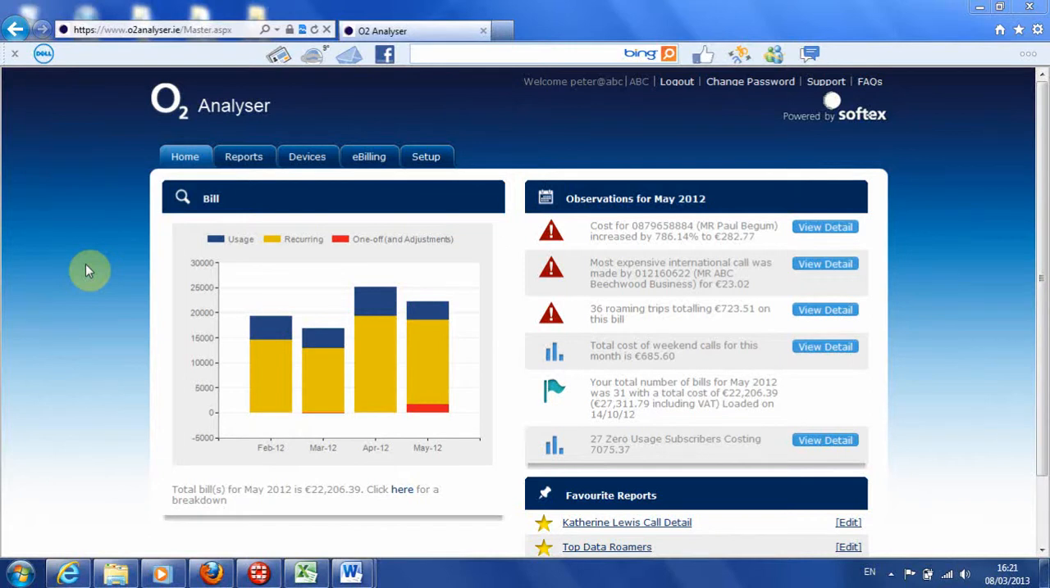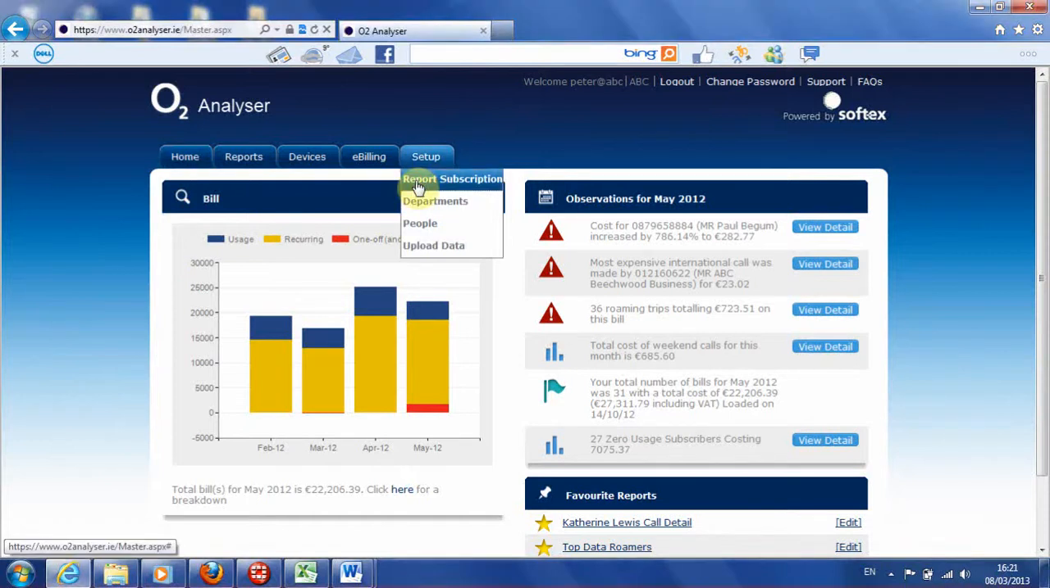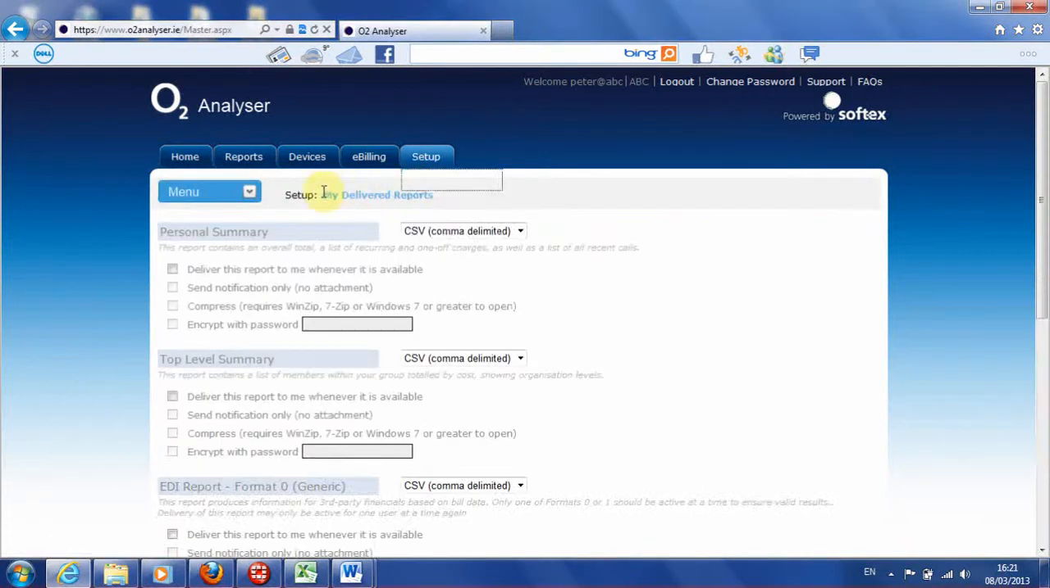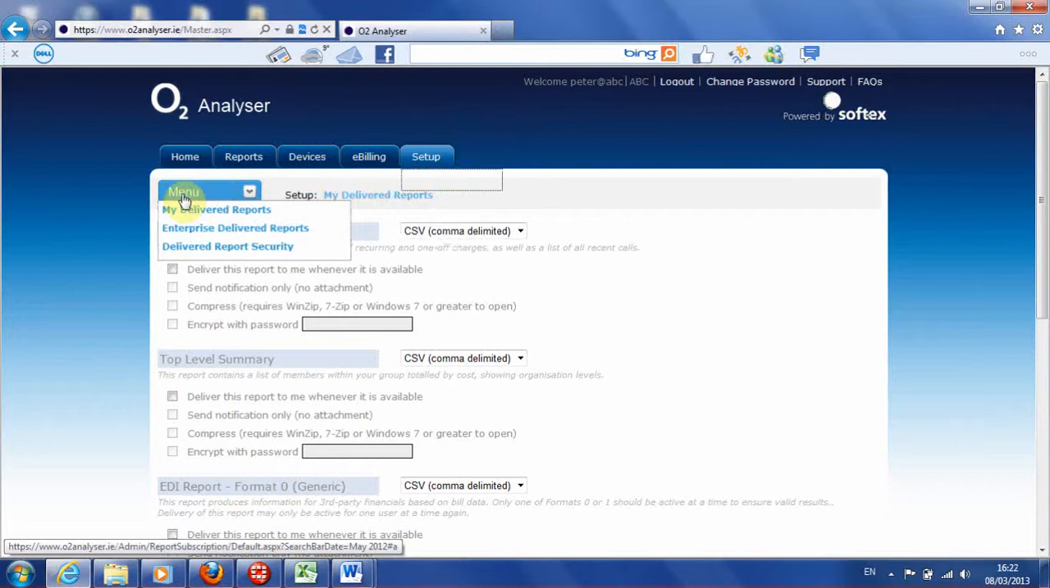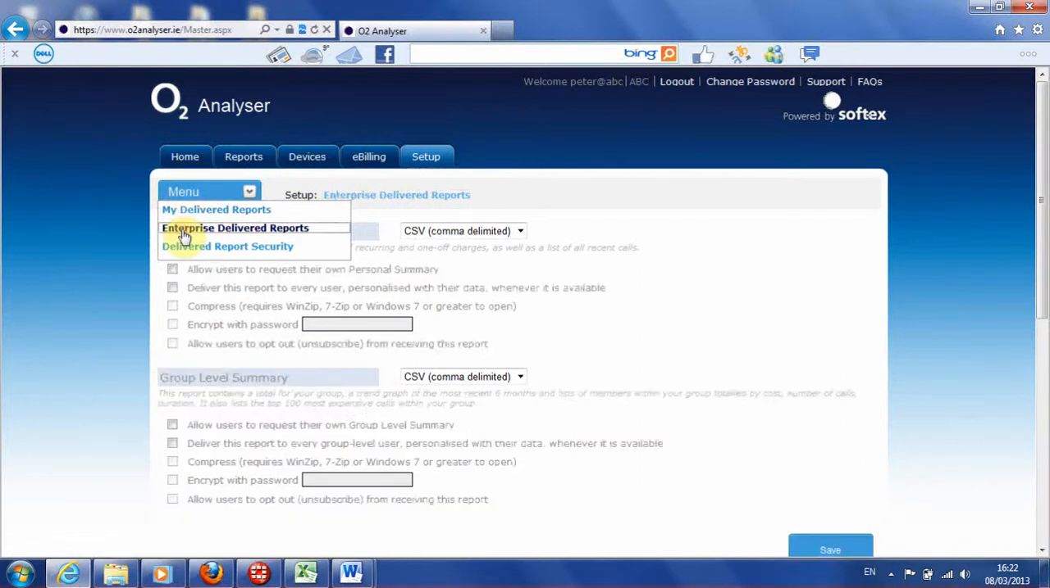You can also send group level managers or users a summary for their department or cost center. And as an enterprise administrator, you can get an overall summary sent to you by email should you wish. To set this up, go to the Setup tab, Report Subscription, then go to Menu, Enterprise Delivered Reports,